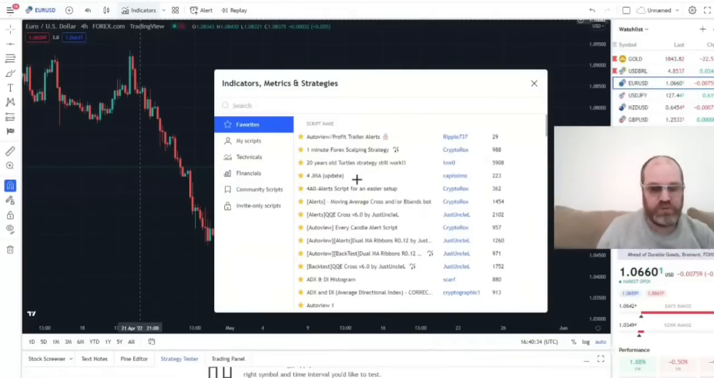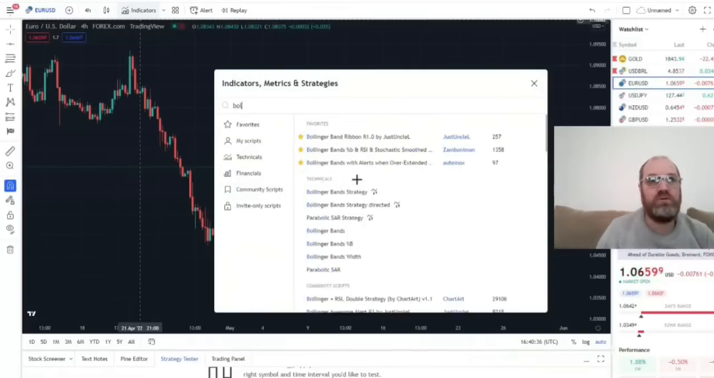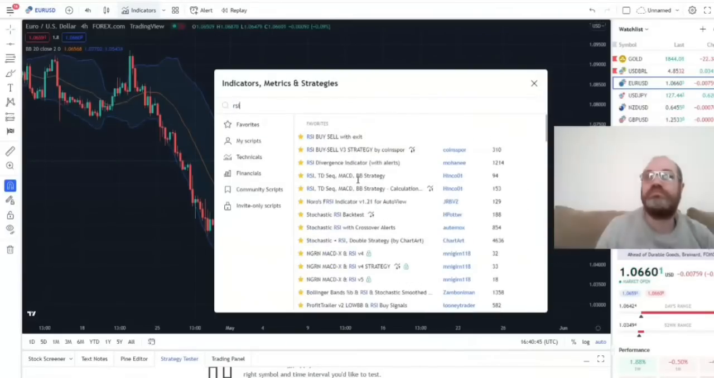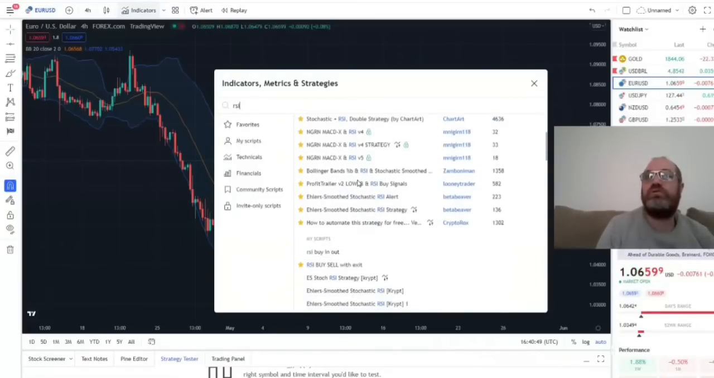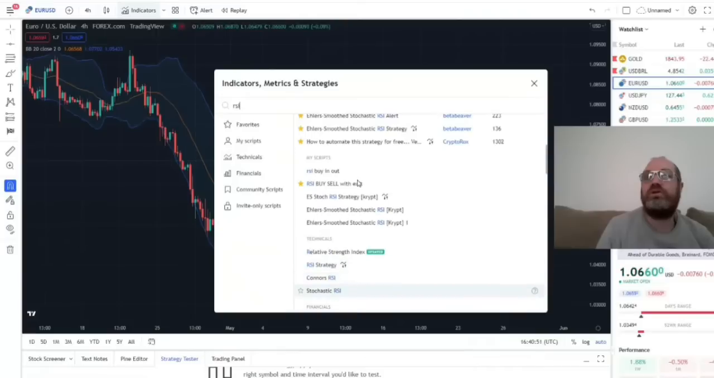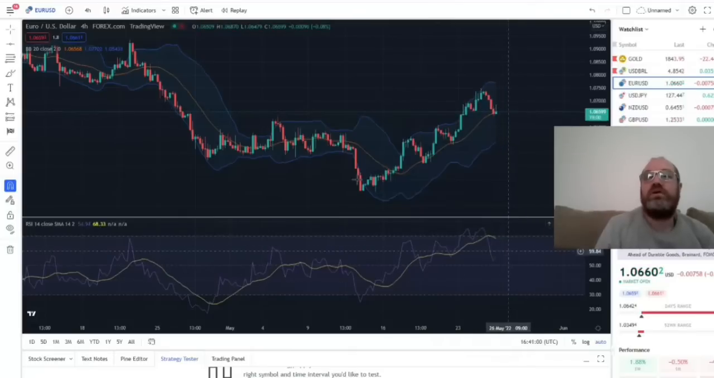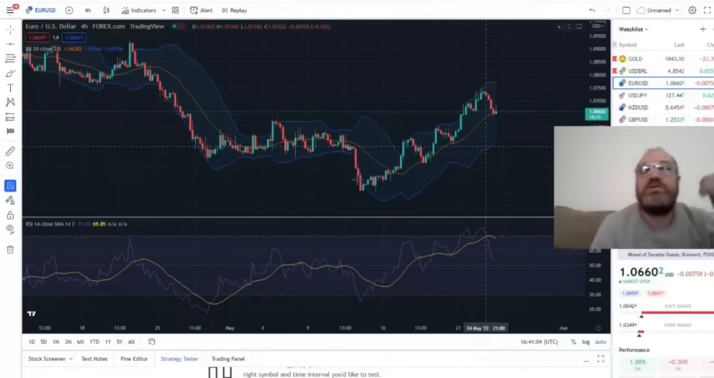So let's add Bollinger Band. We are just going to have the normal Bollinger Band, nothing special. And then we add RSI. We just want the normal RSI also, and that's this one you see here that says updated. So let's push that one, and there we have it. Okay, so